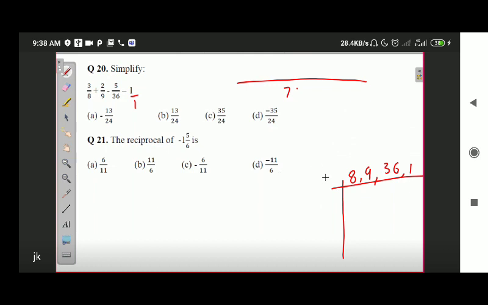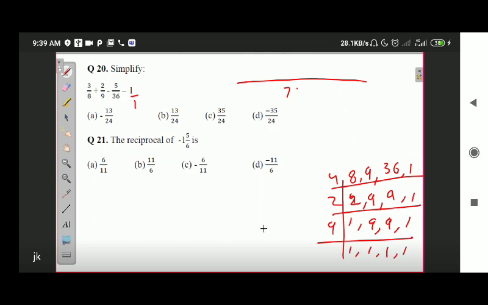Okay, so first of all, let's take 4 by 2. We don't need to do prime factorization. We can do simple factorization. 4 2s are 8, 9 as it is, 4 9s are 36. So you get LCM as 4 into 2 into 9. 4 2s are 8, 8 9s are 72.